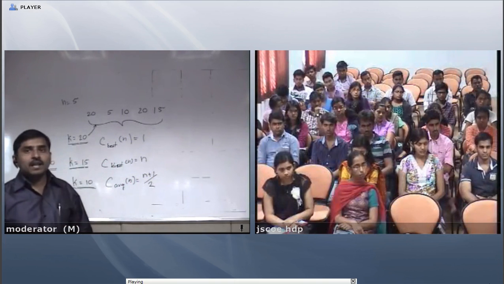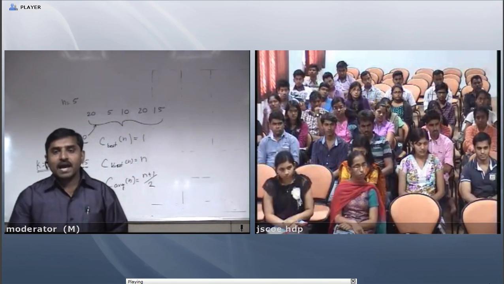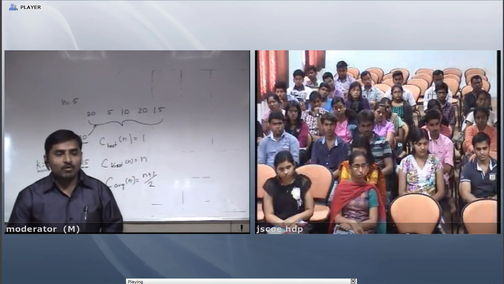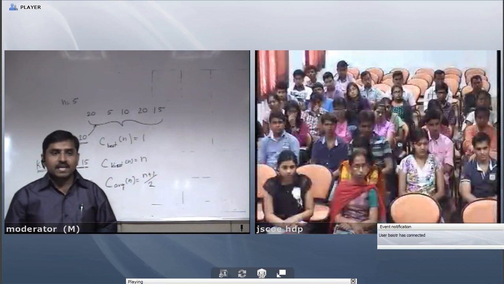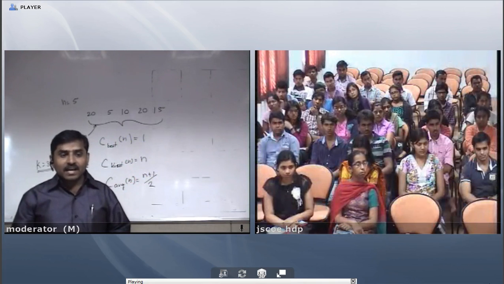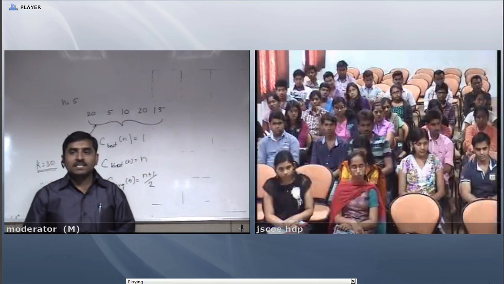Now the same example, I am taking this slide. There are 5 numbers and I am searching the first element. If the element is found at the first position, this is the best case efficiency. Second case, k equal to 19. If the element is found either last in the list or not in the list, that is the worst case efficiency. And the third example is k equal to 20.